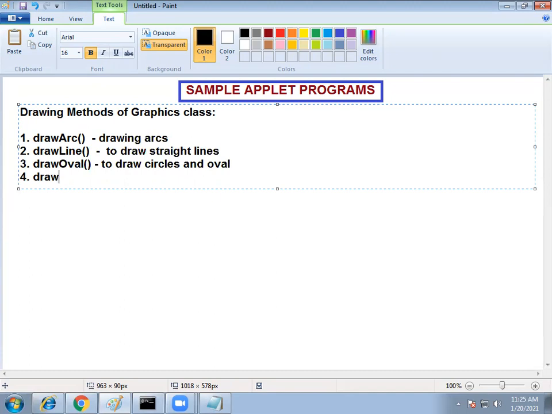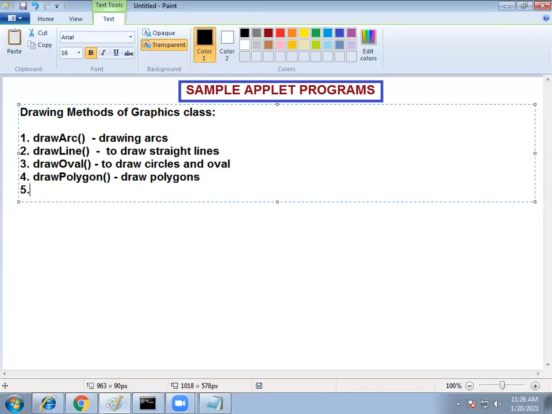Next one, drawPolygon, for drawing polygons.